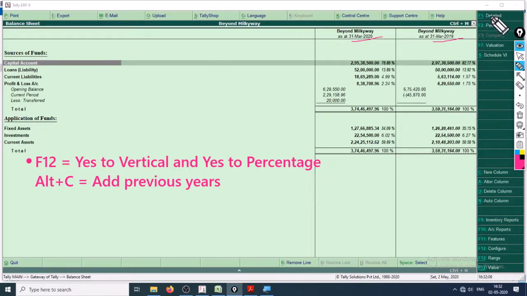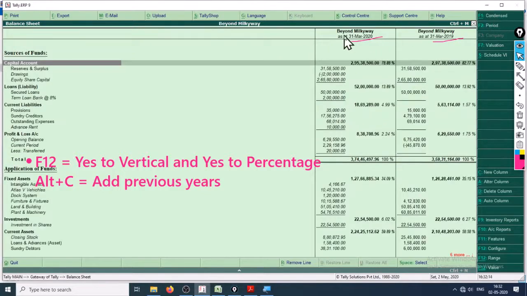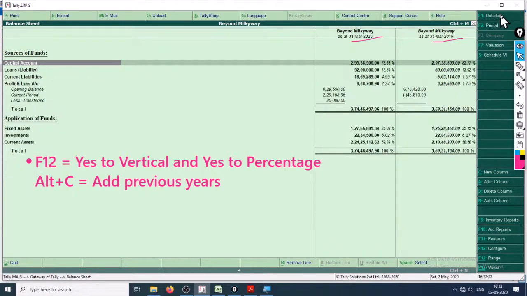You can expand it if you want, but I don't want to because it will not show me the expanded version right here and it will not show me the percentages. If you want to see individual percentages, you can obviously export it and then create your own percentages. Obviously Tally has that feature, but that will be a boring one. Okay, so ignore that.